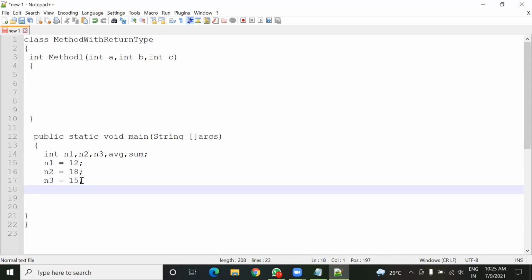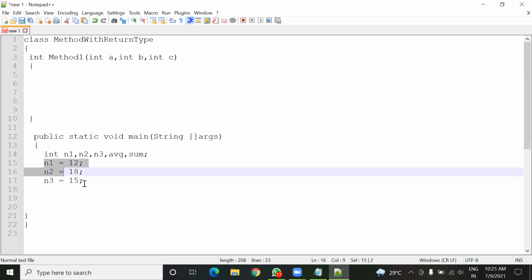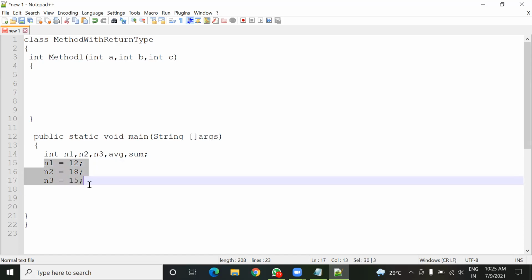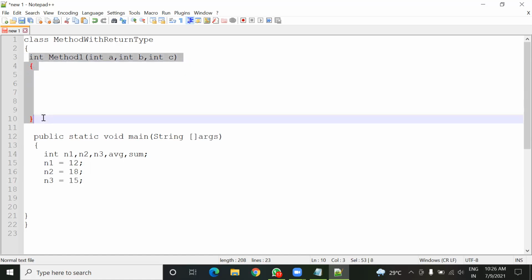So now what I'm going to do with this program is find the average of these three numbers. You already know how to find average. In order to find the average, first we have to add the given numbers and then we have to divide. So this method one is specifically made here for addition of numbers.